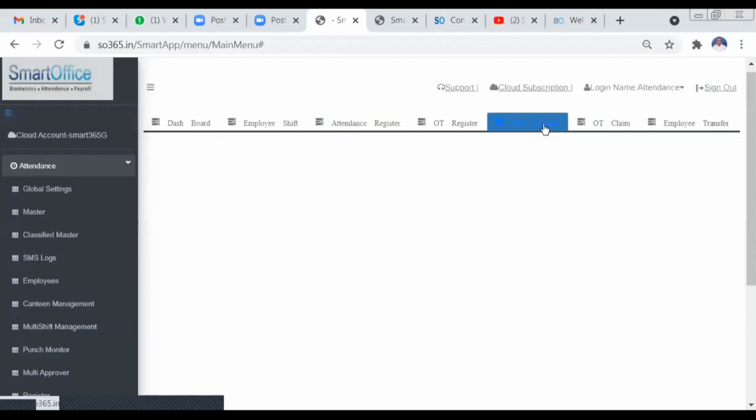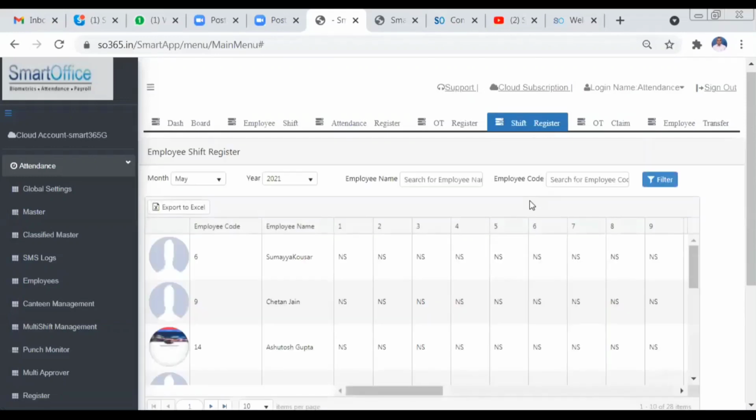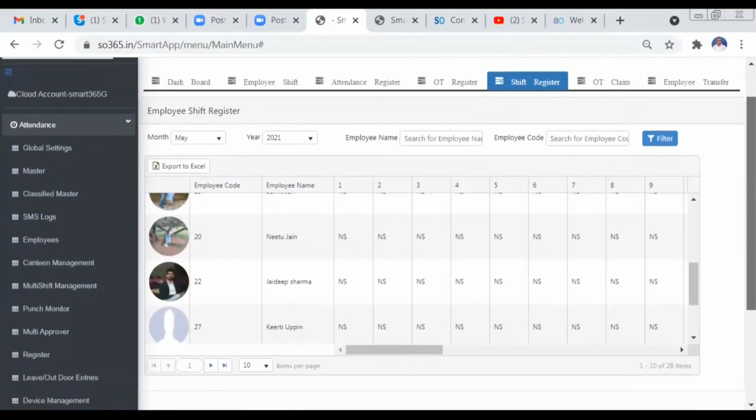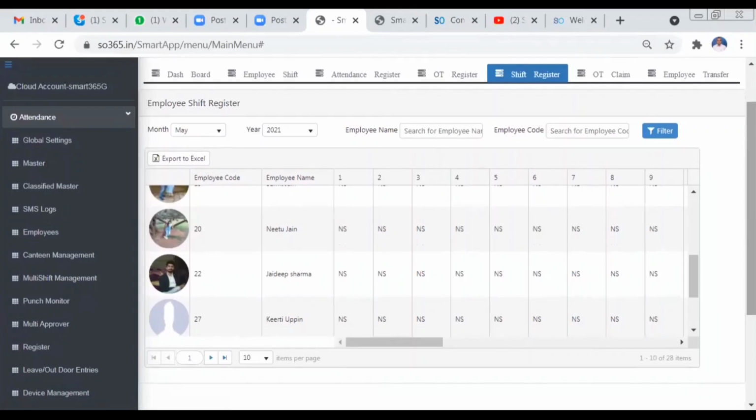The next option is the shift register here. If you have assigned shifts to your employees, the shift register will display all the shifts that have been assigned to your employees.